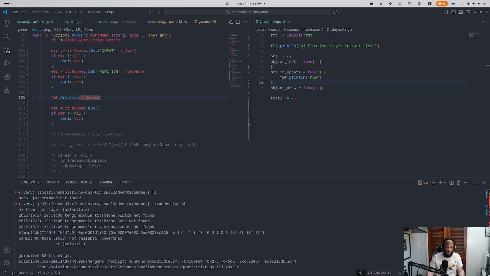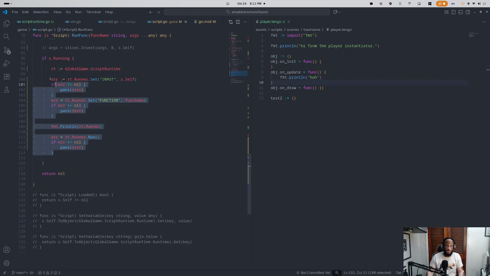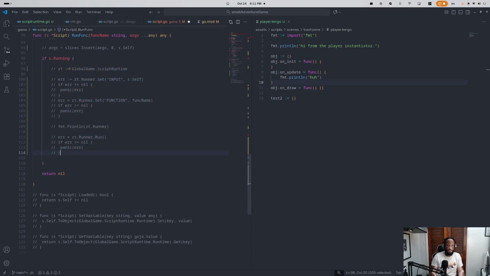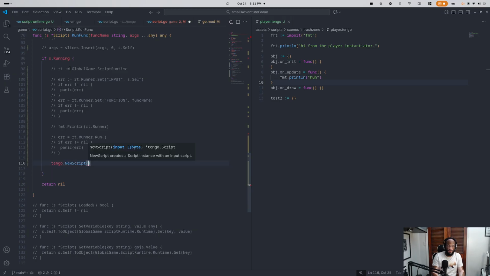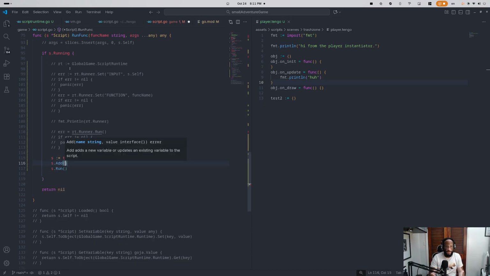Function 1 input 0. Okay, let's try something real quick, because I want to see if this is even theoretically possible. Let's just say I just make a new script where I'll input function like that. And I want to add